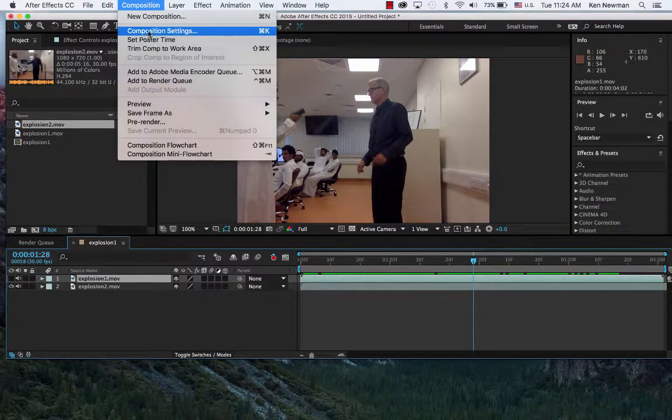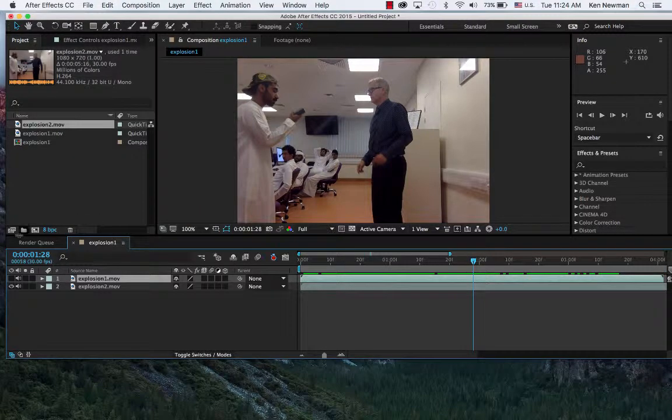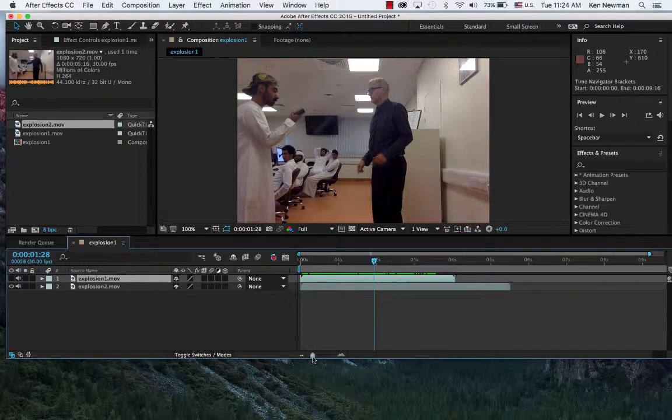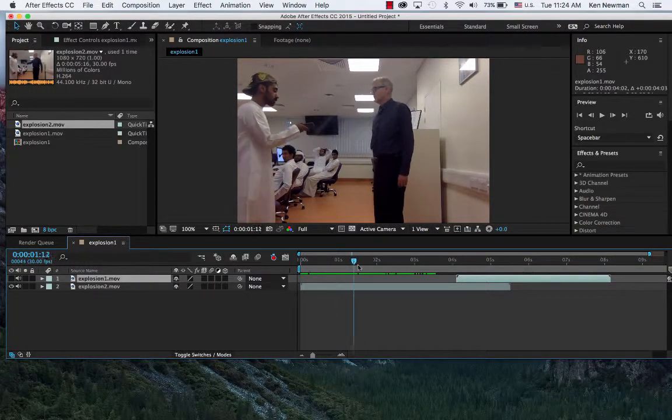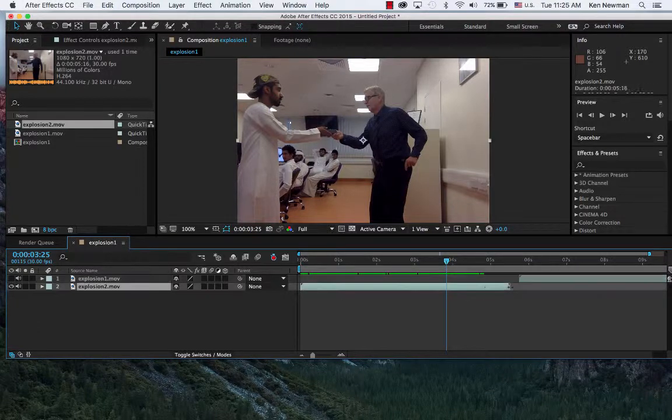Now I need a few more frames, so I'm going to go into my composition settings and take it up to 10 seconds. Then we'll just arrange the sequence so that we start with that, and then there's a whole bunch of frames where we're just standing there doing nothing. So I'm going to trim this first shot to just the point where I take that back,